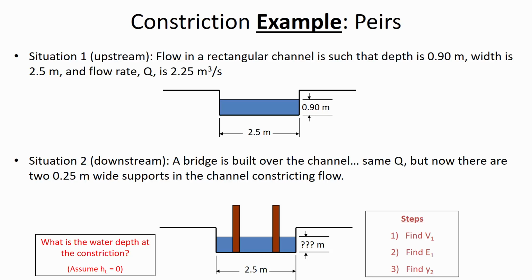You want to know, first of all, the velocity. You want to know what's the Froude number at 1, the specific energy at 1. And then we're going to try and find the depth at 2. And it's going to be the same thing as before. In this case, there's no delta z that we have to keep track of, though. In this case, it's just going to be that we're comparing the